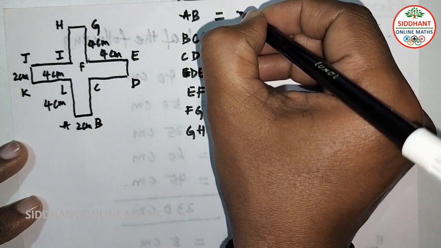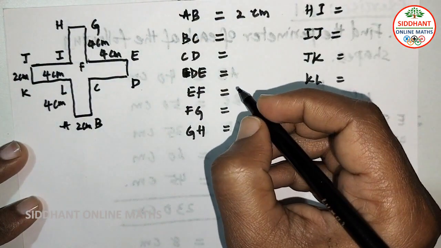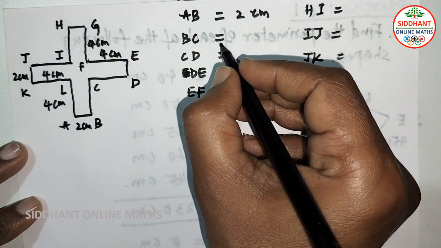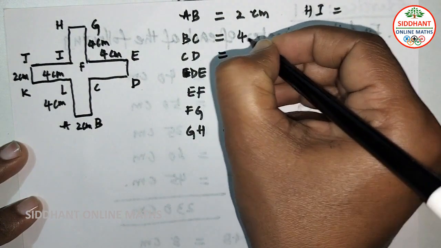AB given data is 2 centimeters, BC which is equal to AL is 4 centimeters,